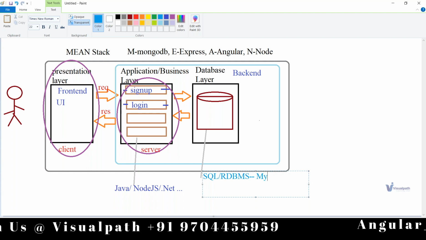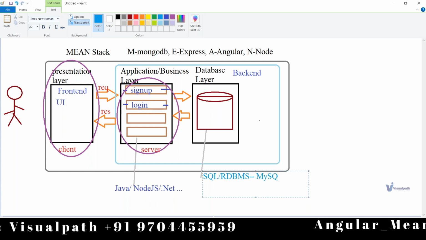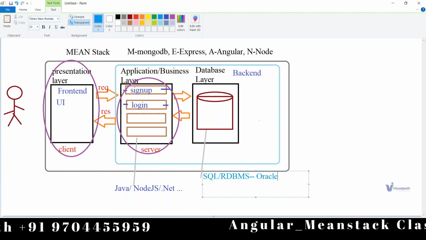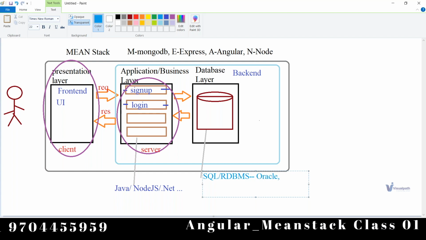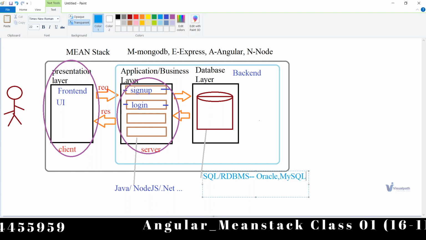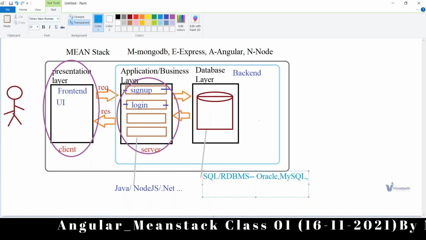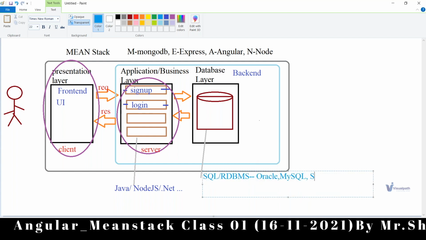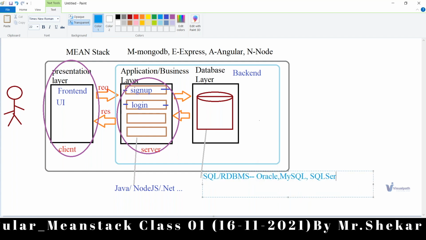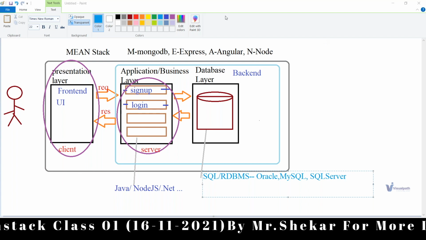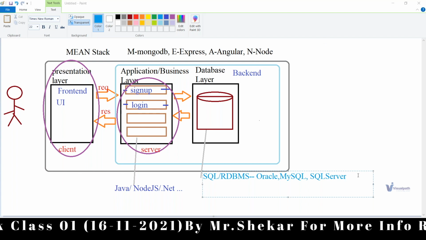In that category, we have many famous databases. That is Oracle DB, or simply Oracle, or we can have something like MySQL, or SQL Server, which is from the Microsoft company, whereas Oracle is from the Oracle company.